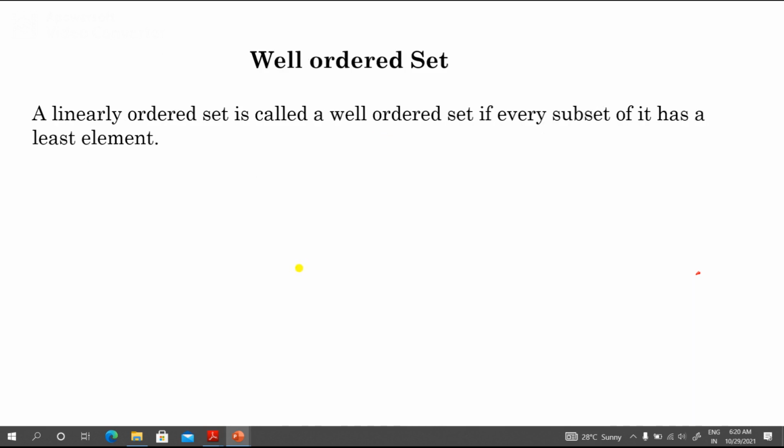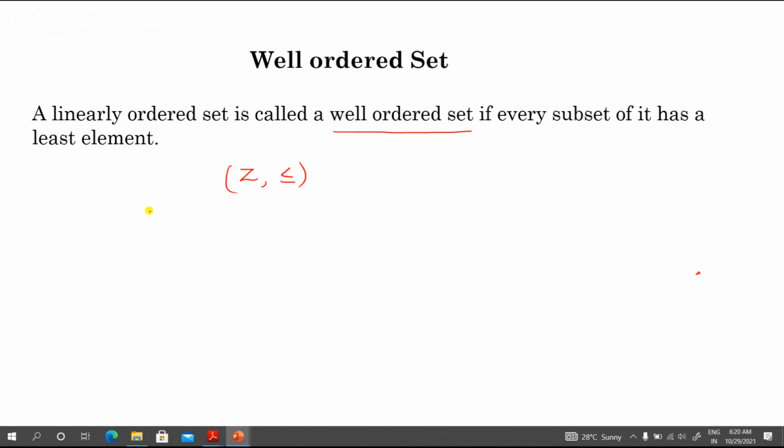Now well-ordered set. A linearly ordered set is called a well-ordered set if every subset has a least element. Now look at this. If you talk about Z with relation less than or equal to, this is a linearly ordered set.